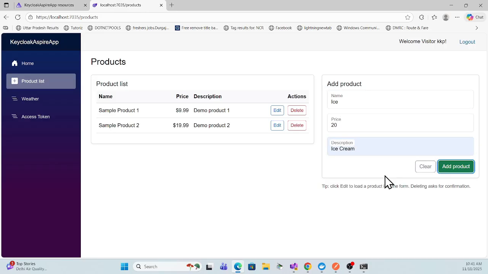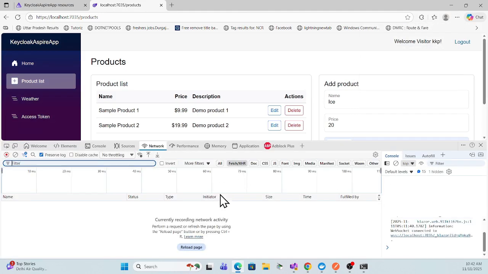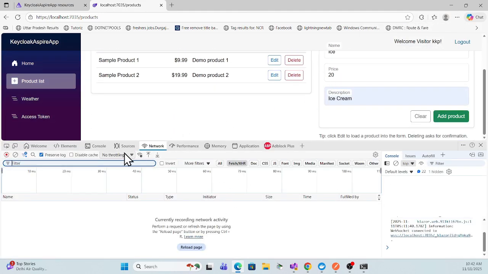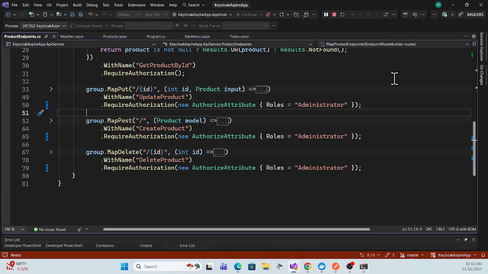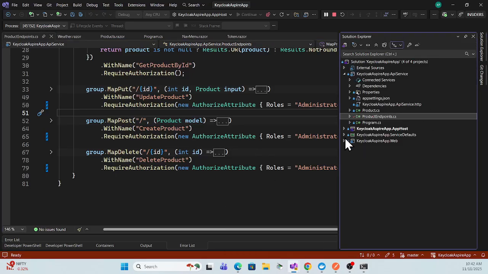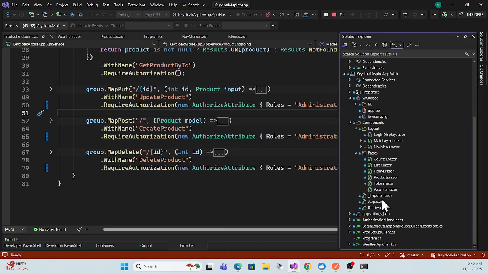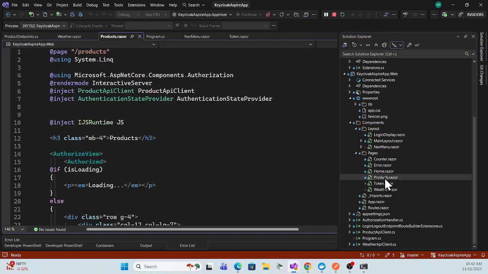And once you add this product, once you click that, see, nothing happened, right? Why did nothing happen? I can just show you over here. If I look, nothing is recorded over here either. Why? That I'll show you. Go to our web application, and here where is my product component,